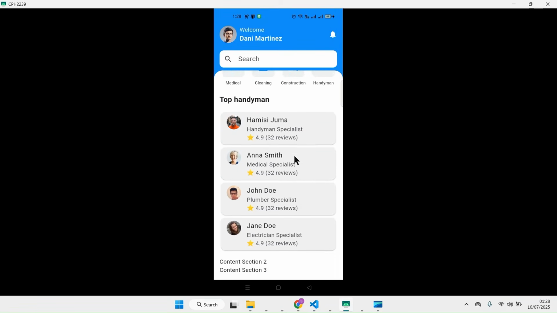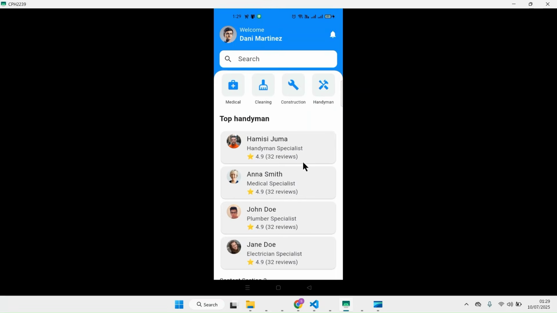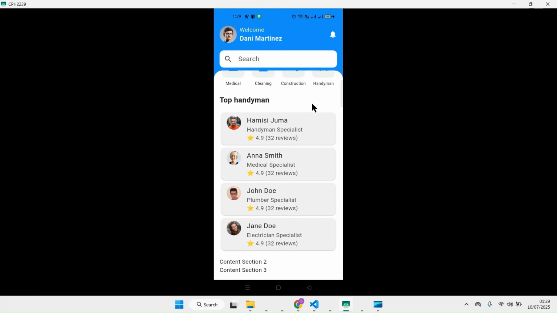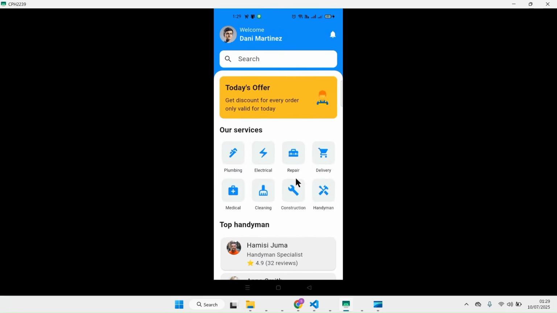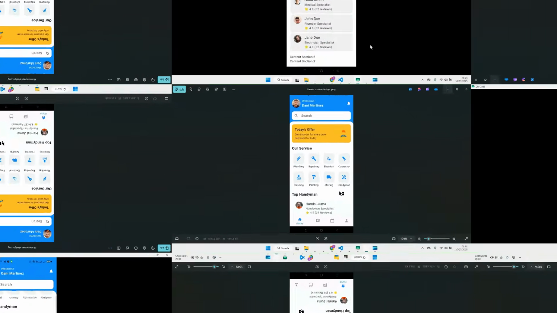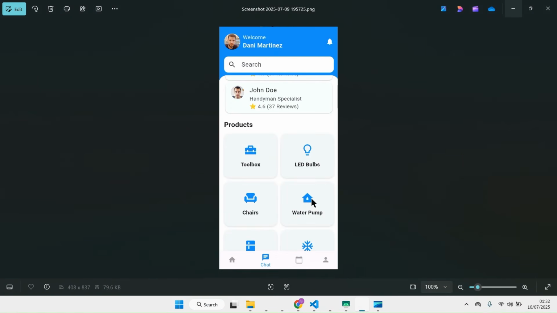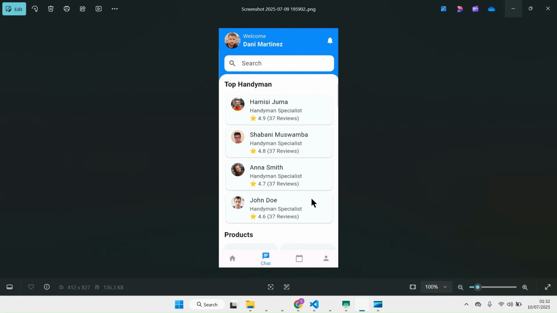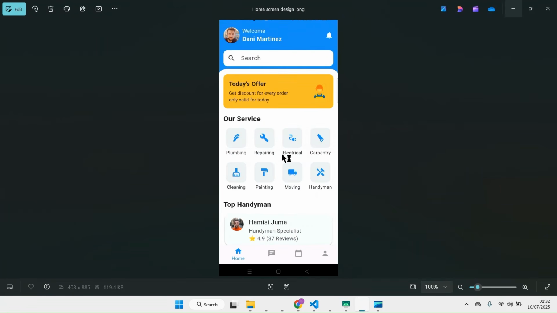Yeah, so we got this here. We got actually four of them. So if you want, you can add an image or view all, but we are not going to do that to save time. So we can move to the next section. All right. The previous section was this one, top handyman. So next section is